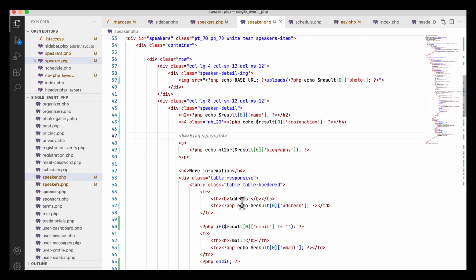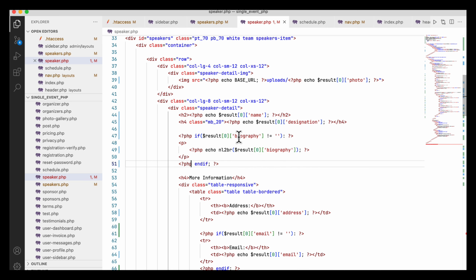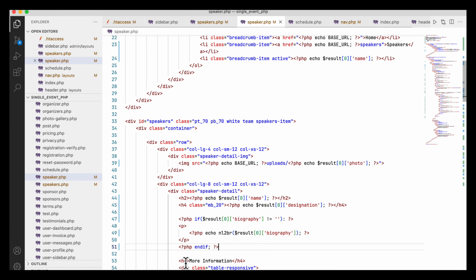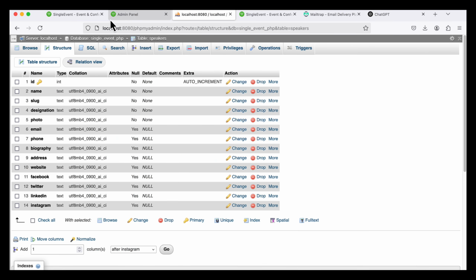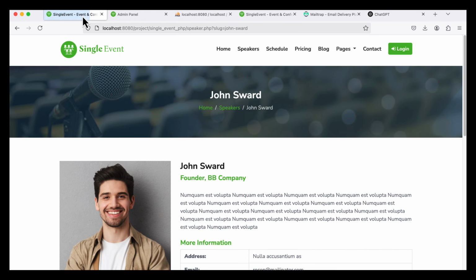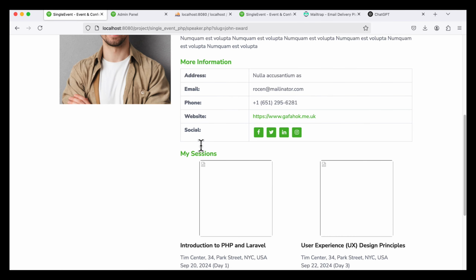And here I am going to copy from here, and here I will call biography, and end if. So okay, now let's do that. I'm going to refresh the home page. Yes, data is coming. Just leave the session for now,